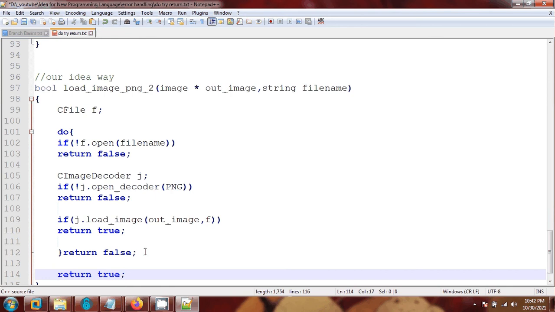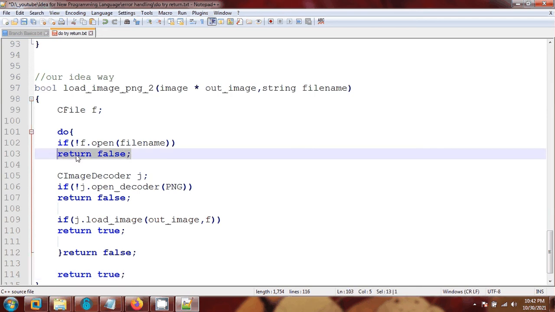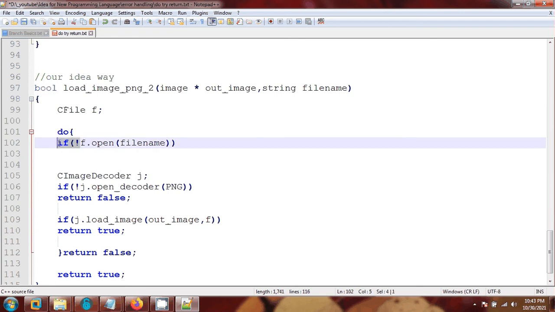If we reach here, this is do, try, return. Example of this, simply we say